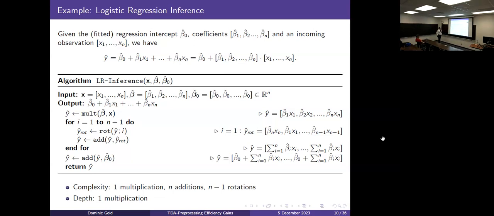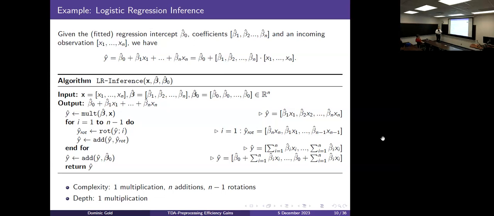So that lends itself very nicely into an HE compatible circuit, which does exactly what we just said, right? We're going to multiply. So imagine that you have your input, you have your weight vector, and then you have an intercept vector. Then very straightforward, all you're going to do is multiply these two. Again, the multiplication there is component-wise multiplication. You multiply them, you do the correct number of rotations where you add those rotations together to get this sum, and then finally add the intercept, right? So that's exactly how this reads.